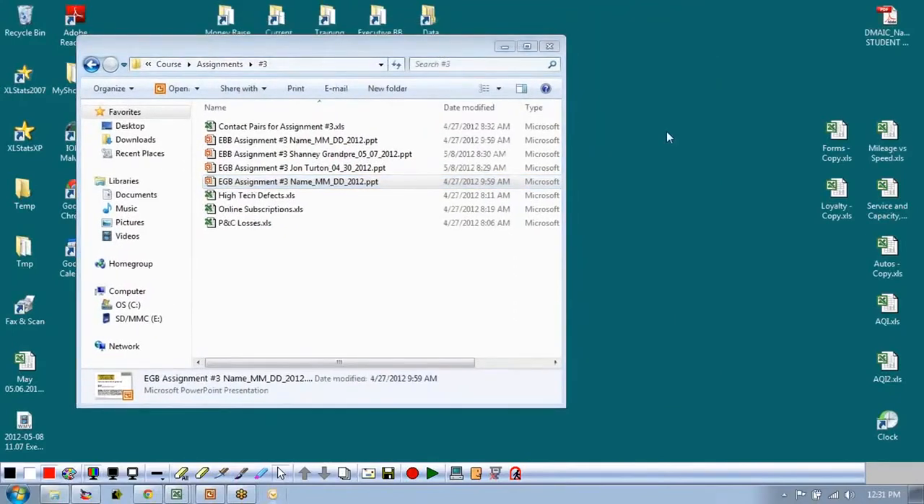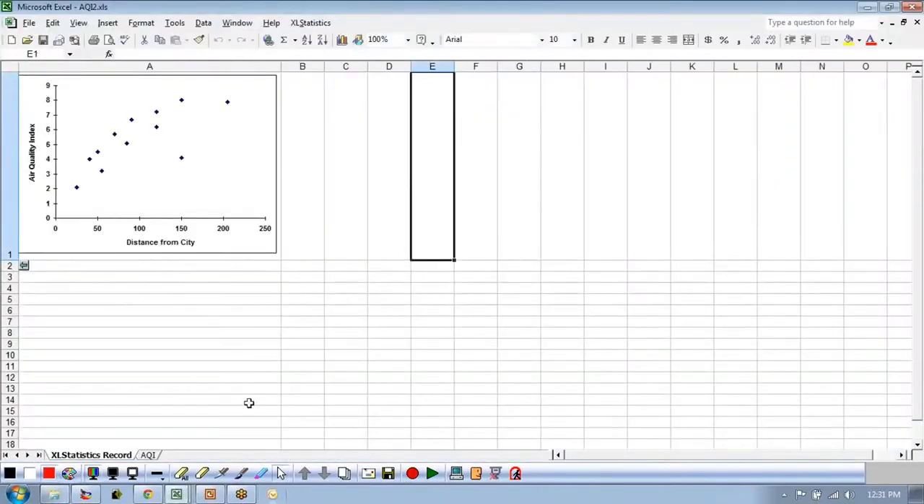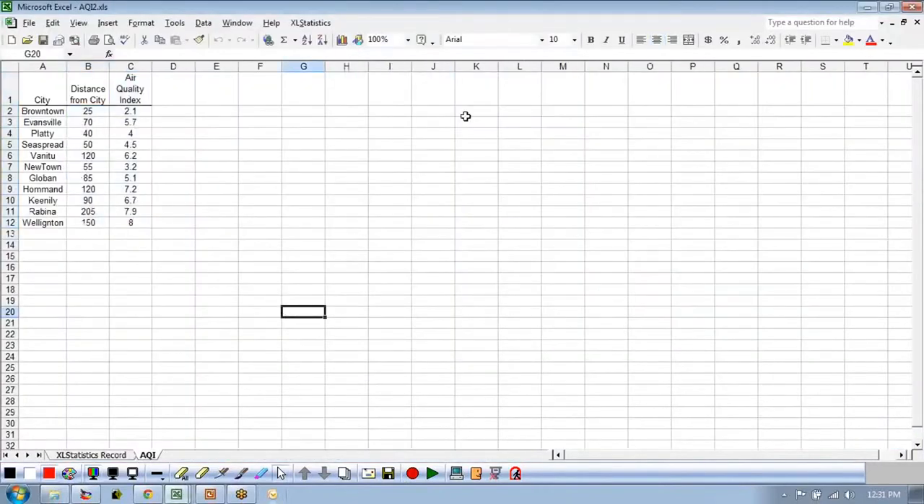Let's do an example of this one that you don't have the data file for. Let's do an example of AQI, which is Air Quality Index, and this is looking at the air quality index of a number of different towns that are various distances from the city. So what we have here is